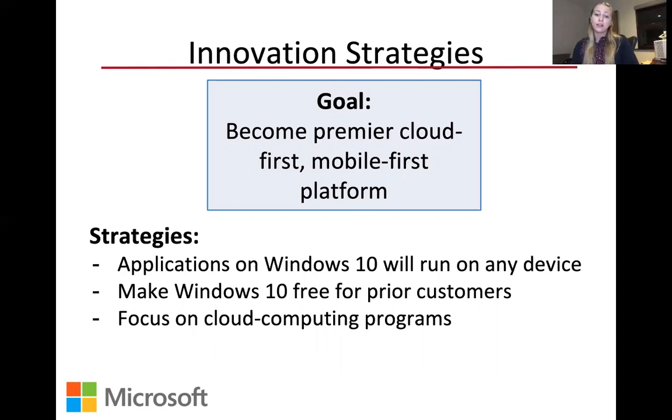He also focused a lot on cloud computing programs such as Office 365 and made this software available on iOS applications. So that means that you could download this in the Apple App Store, even though Apple was one of their big competitors. By implementing these strategies, he was trying to get Microsoft back out into the world and out onto these mobile-based platforms.